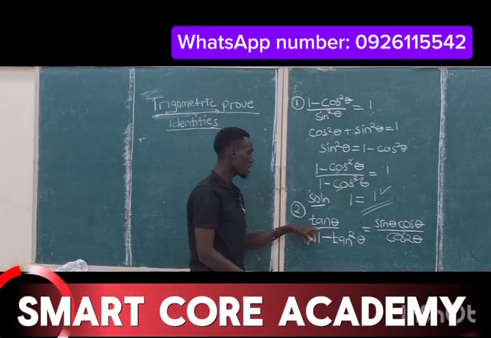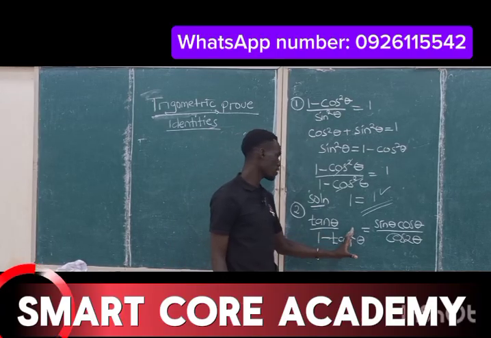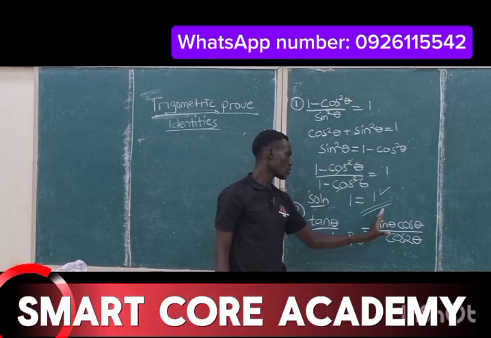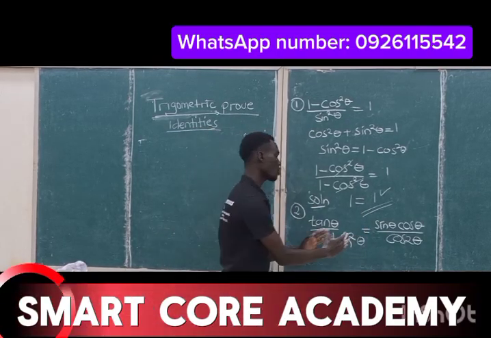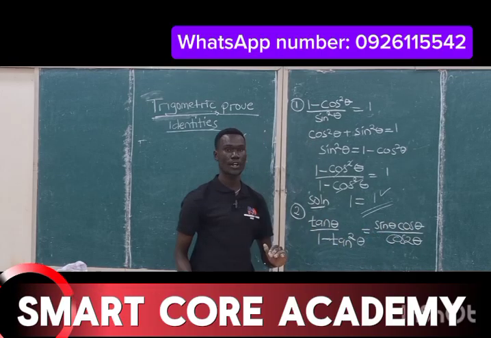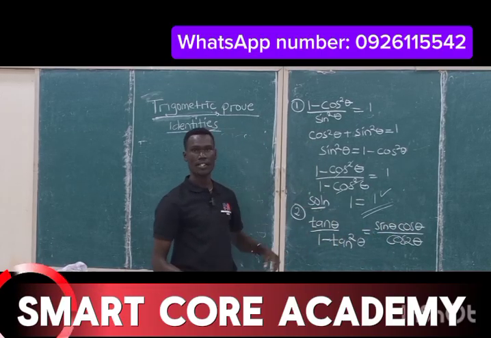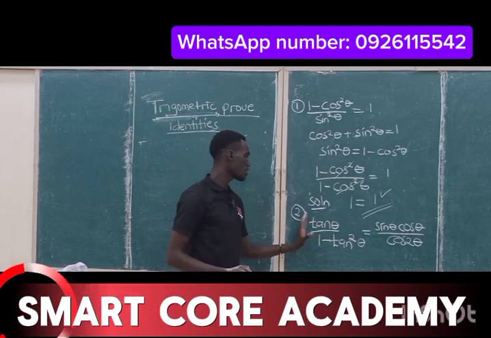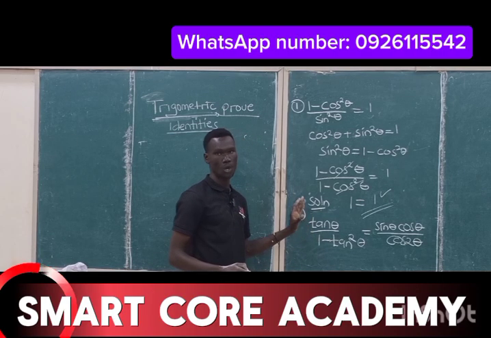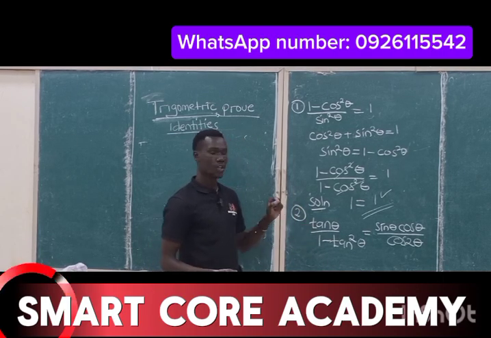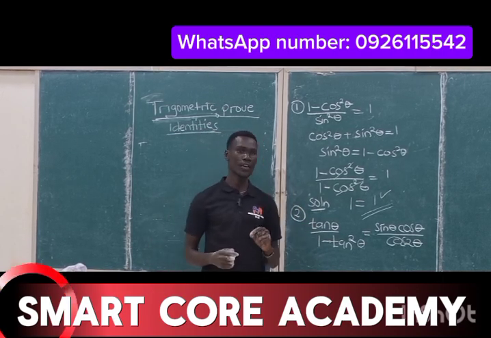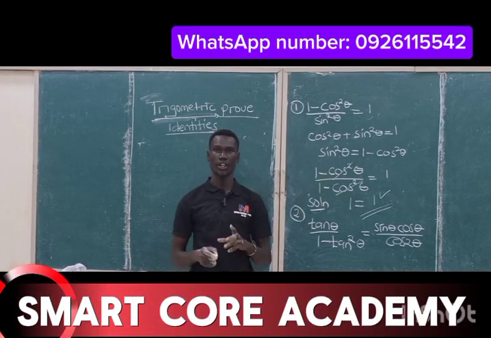Says that tan theta all over 1 minus tan square theta is equal to this one. Now we are first going to leave the right hand side of the equation and deal with the left hand side of the equation, because this is the main part that we need to prove. Now here we are going to turn every term into sine